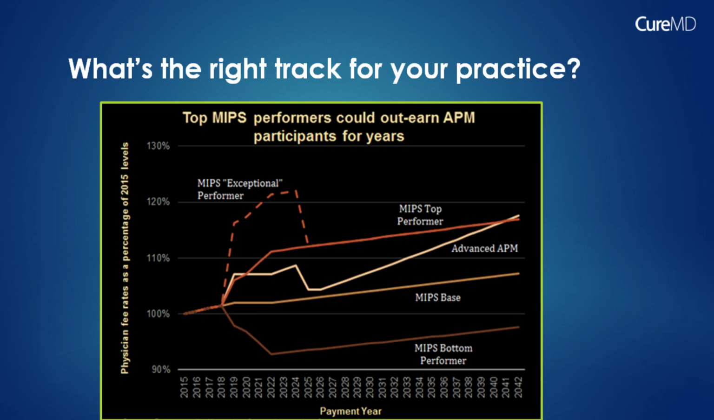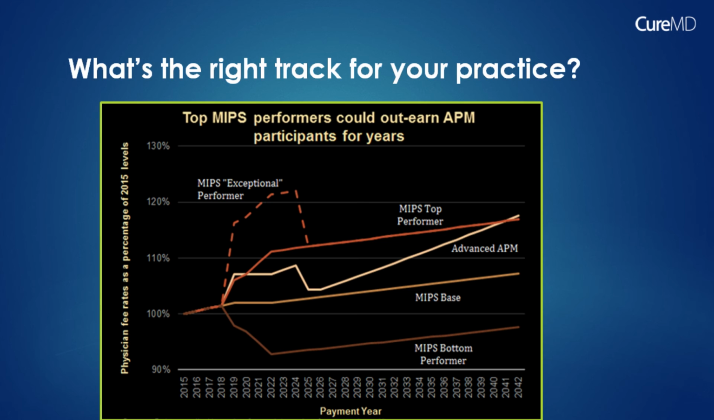But what we do know is that if you do perform well under MIPS, and the variables for good performance under MIPS are fairly well understood. So you have PQRS, you have meaningful use, you have one other category that in the first year at least you're just attesting to. The cost category, you have a year to understand what services you provide that maybe make you cost higher as compared to your peers. So they are comparing you to other providers of the same specialty in the same geographic region. So if you have a lot of time to understand that, and if you are an exceptional performer, you're jumping way above what the average APM provider will be earning,